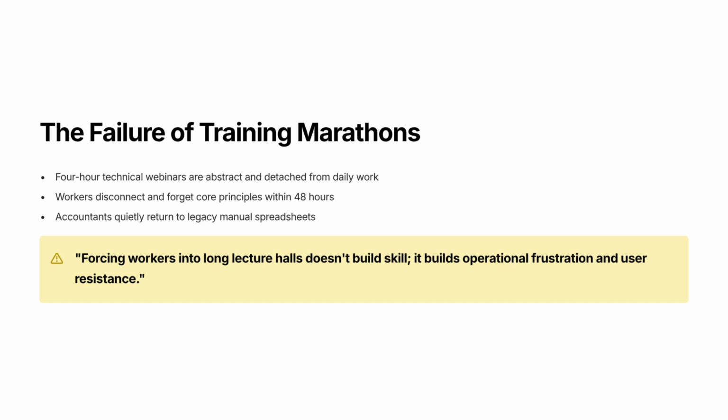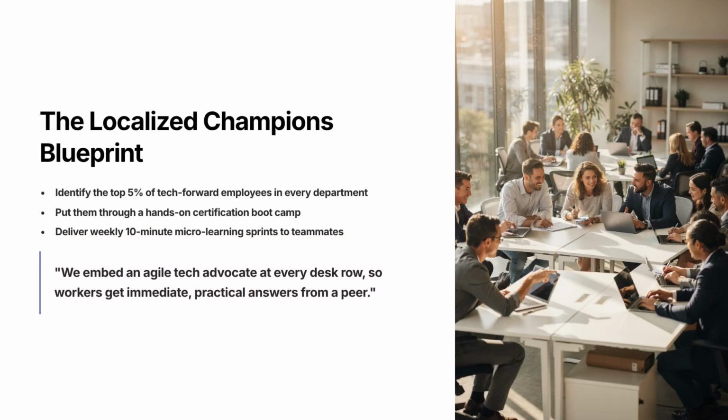A performance metrics display on the central wall shows a flatlined adoption curve labeled instructional fatigue and software underutilization. As the director notes, forcing workers into long unguided lecture halls doesn't build technical skill, it builds operational frustration and user resistance. An organic micro-learning peer enablement architecture is a comprehensive change management framework that embeds certified technology champions within